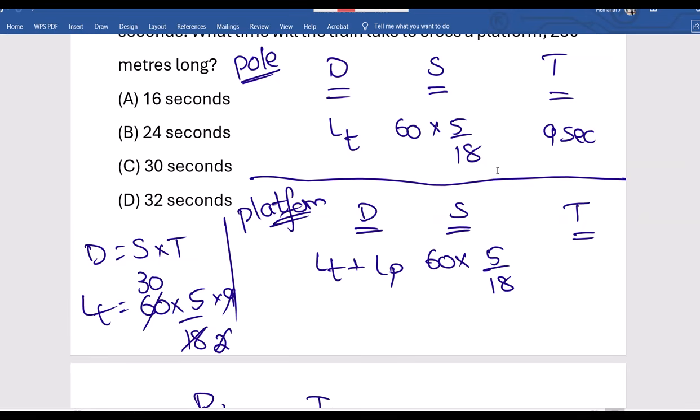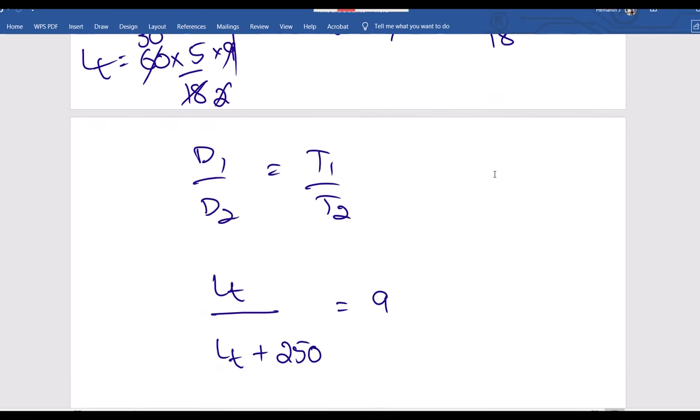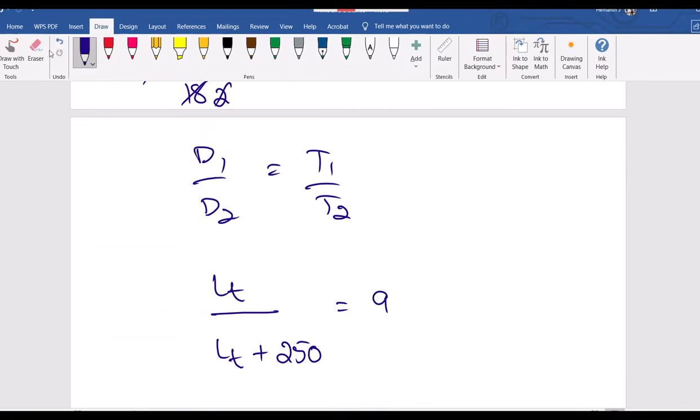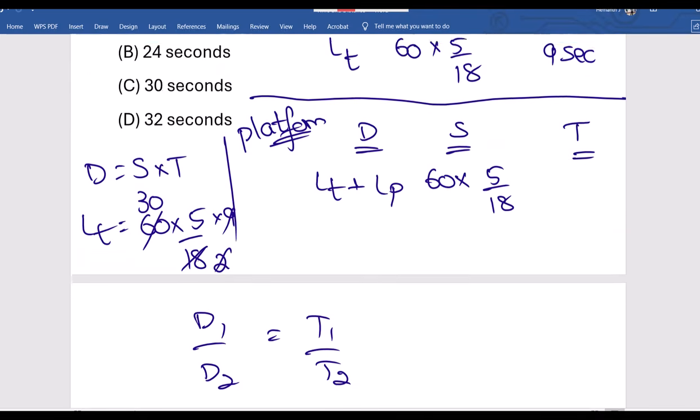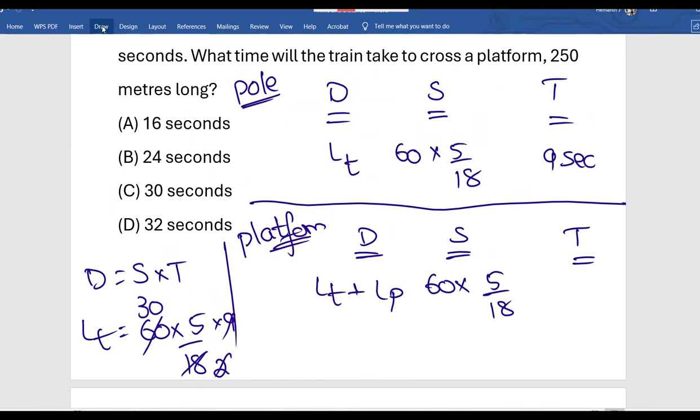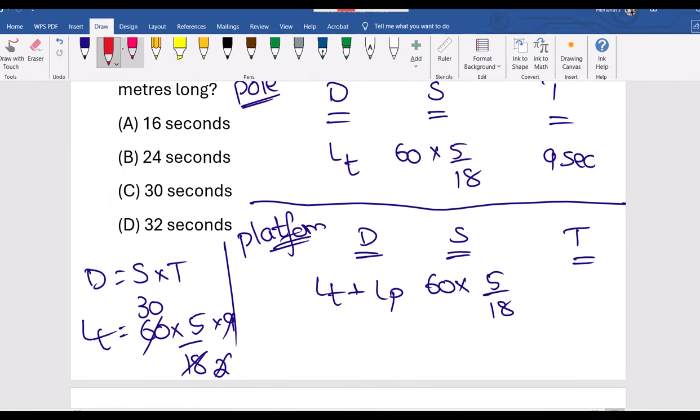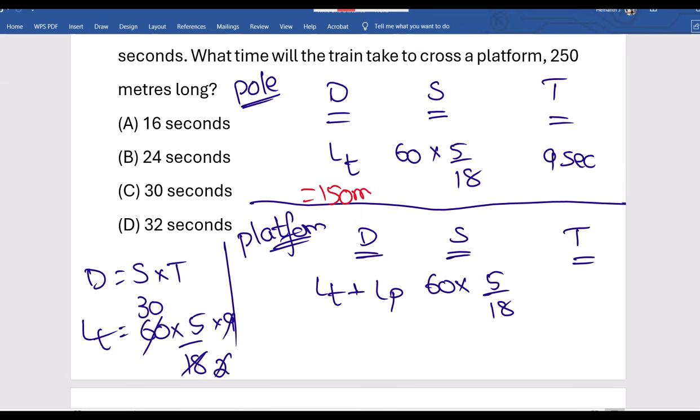Okay, 150 meters. Wait, listen. You calculate the length of the train. How much did we get for the length of the train? 150 meters. Okay. Here, length of the train plus length of the platform is